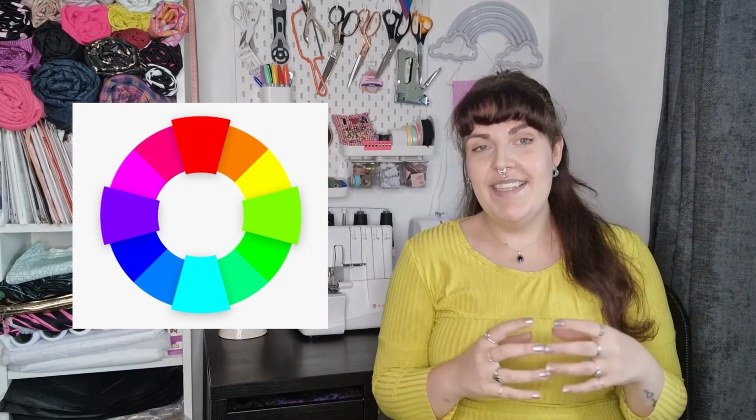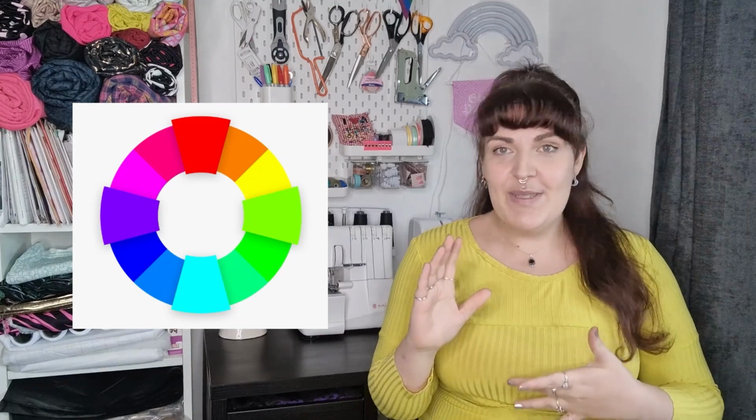And last but not least, that brings us to our last colour combination, which is the tetradic colour combination on the colour wheel. As you can see here, that is red, green, blue and purple. It's a combination of 4 colours that feature opposite on the colour wheel. So this is seldom seen in the world of sewing, really, because it's a lot to balance. If you were going to do a tetradic